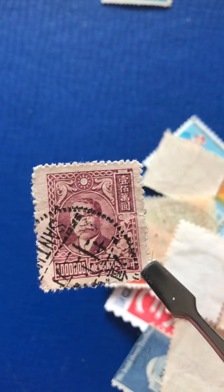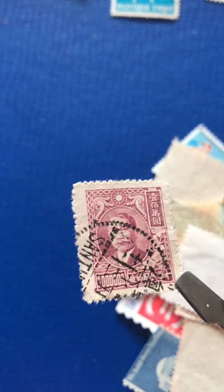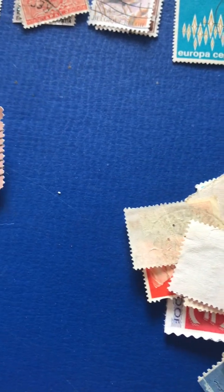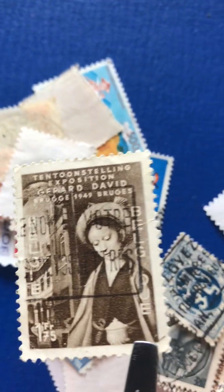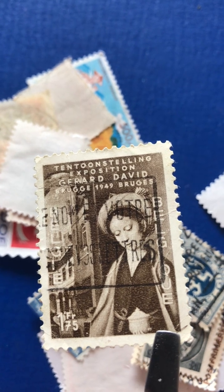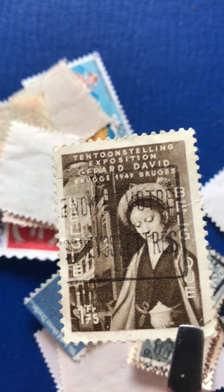This is one of those clothy ones. There must have been a lot of cotton going around. Siam, is it? Not sure, but nice stamp. Not for me at the minute. This is interesting. What is this? Belgique again. I mean,